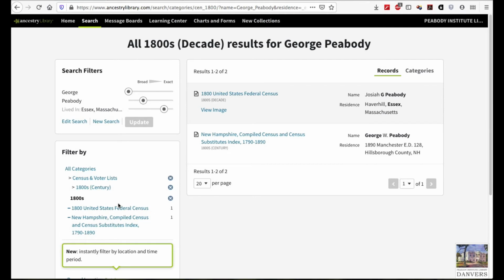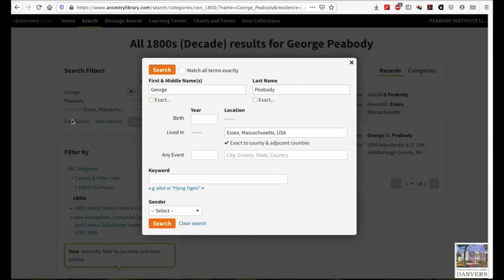Ancestry's collections lend themselves to iterative searching, repeated searching with small adjustments to get closer to what you're looking for. In practice, this looks like adding and removing information to see how the results change. This is especially useful for genealogy research because there may be misspelled names or mistranscribed information. When you add or remove details, you change what records will be caught in the net you cast out. I'll edit my search to George's father instead. He's an adult man and might be listed in such an early census.